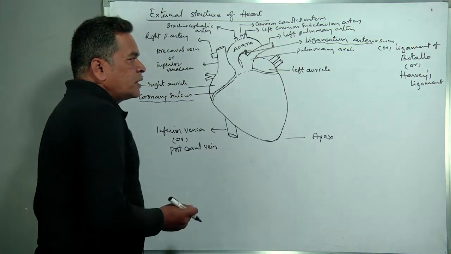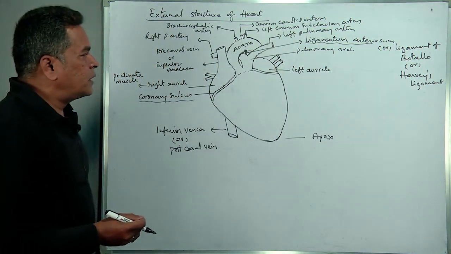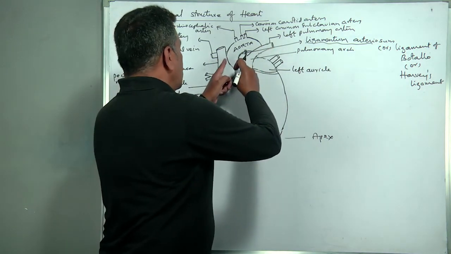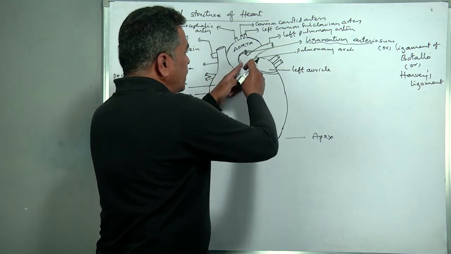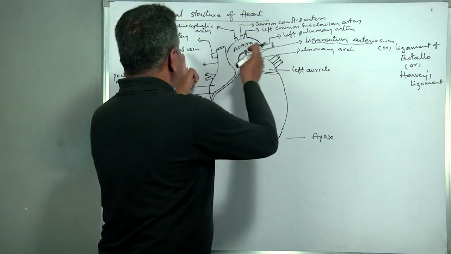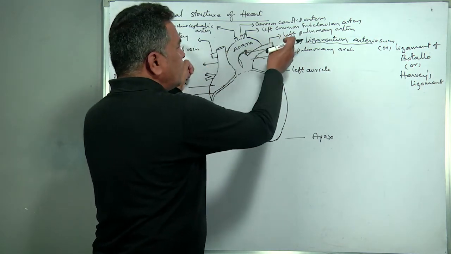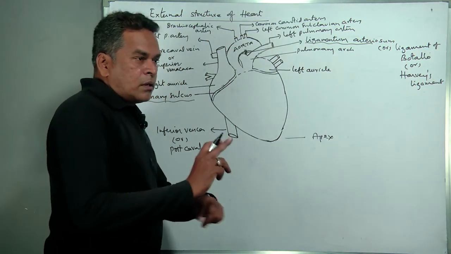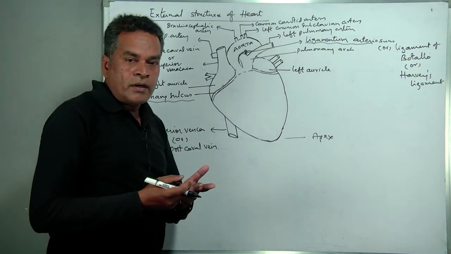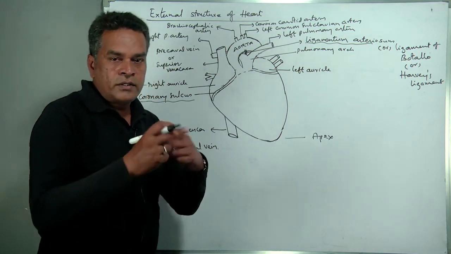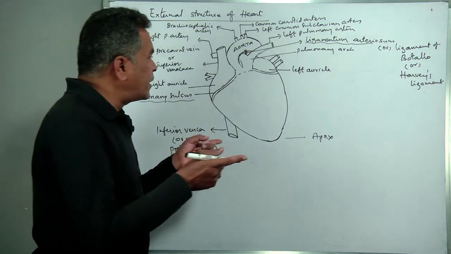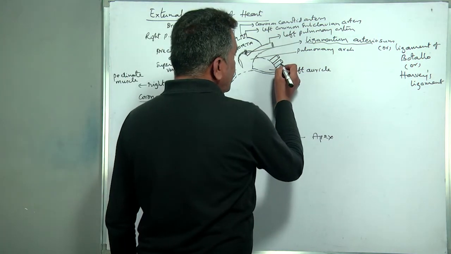Now we will come back to the left auricle. What is this left auricle? See, these pulmonary arteries, right and left, reach the lungs for exchange of gases. The pulmonary artery carries deoxygenated blood. Exchange of gases takes place here, and the oxygenated blood comes back through the pulmonary veins. These are the pulmonary veins.